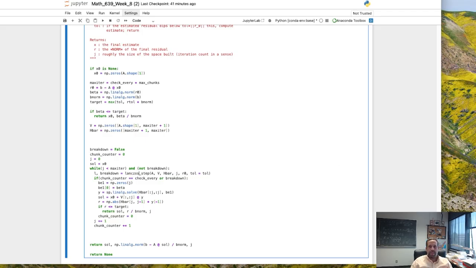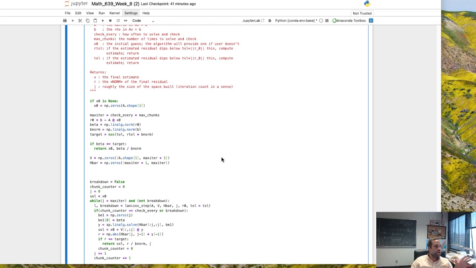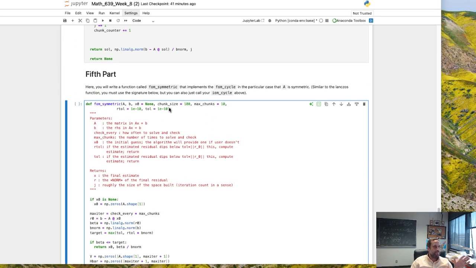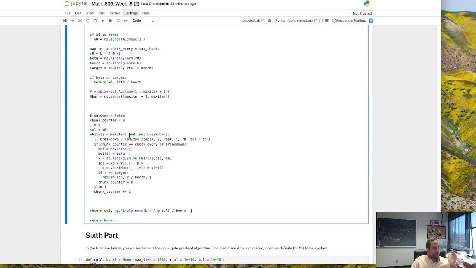And that is literally the only difference. So you can see that this is the only difference from last week in lab 3. I did the FOM with the chunk size and the max chunks. The only difference between that and this is that instead of calling the Arnoldi step here, we're calling the Lanczos